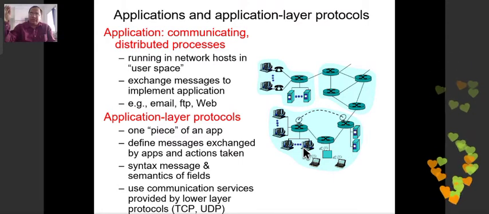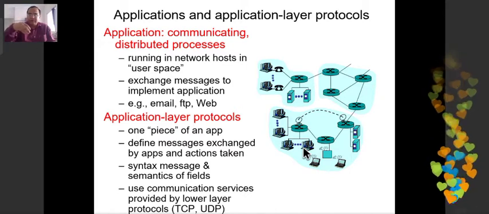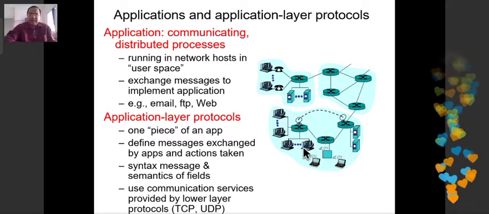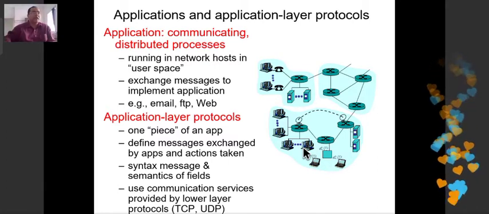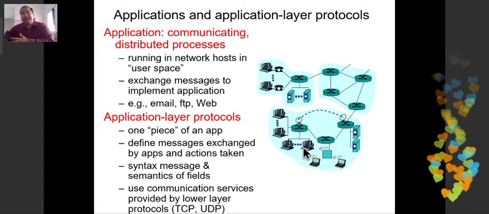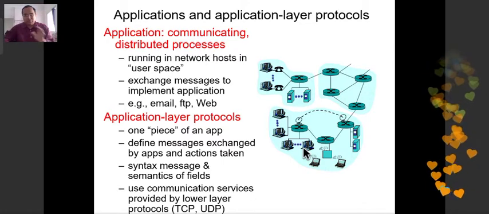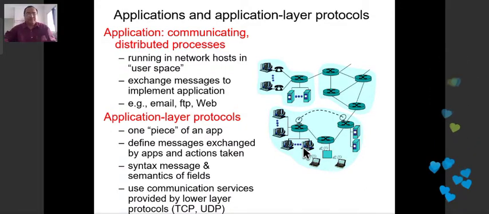The application layer being the topmost layer, there is no upper layer to it. So it takes help from the transport layer to deliver data to the lower layer, that is the network layer. It has to take help. It cannot work on its own. I cannot say, oh, my application layer work is working fine, that's why the data is getting delivered, and the transport and network layers are not working properly. It does not work that way. So all of them must work correctly. Then only it gets delivered.